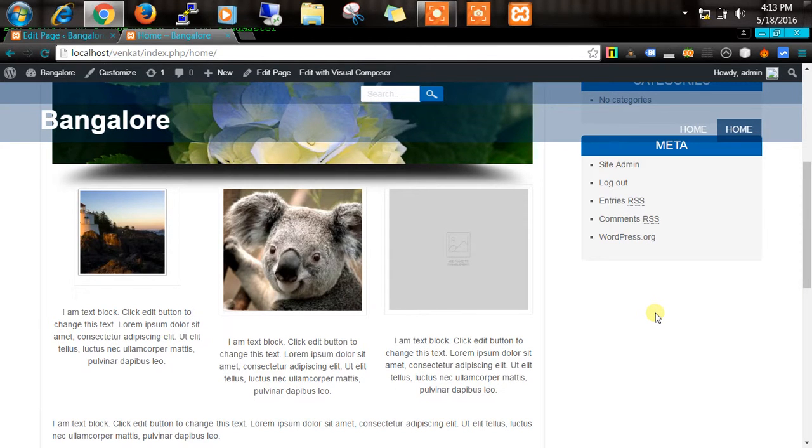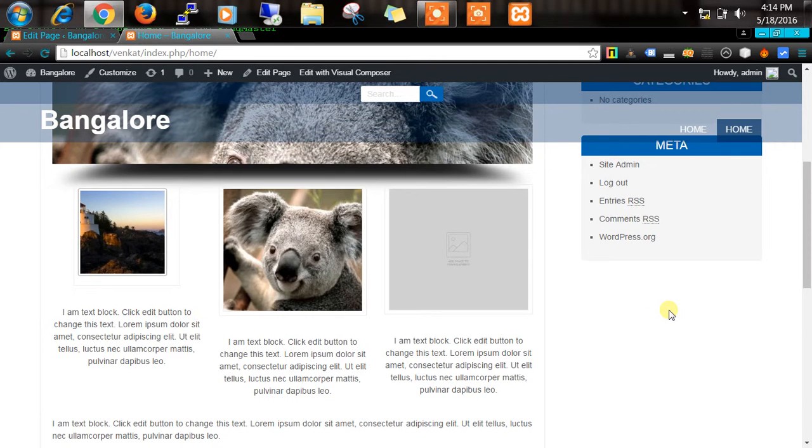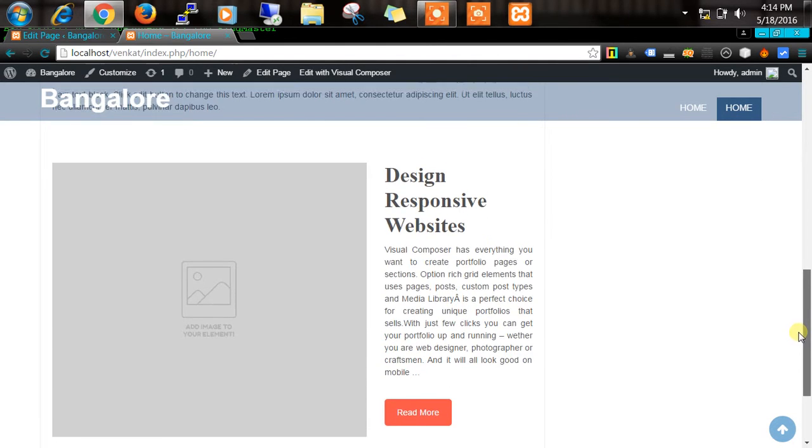Understood? Otherwise, one will go up, one will go down. It will not look nice. Got it, right? Now, each of these you can edit. The reason why I was saying not to edit this one is this is the default image. If you edit that also, we will lose it, so you will not be getting the base image, what to size, and how to change it. That is why change any one of the images. After that, copy and just drag it. Got it? So this is how you edit the entire page.